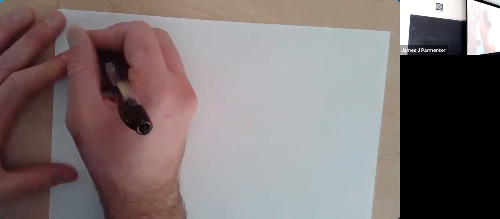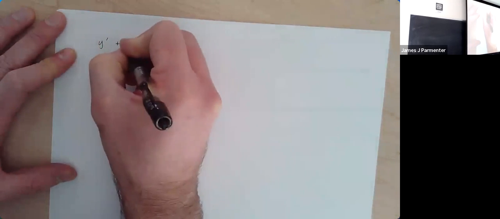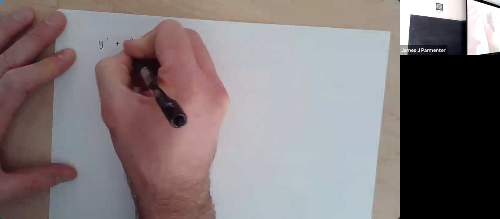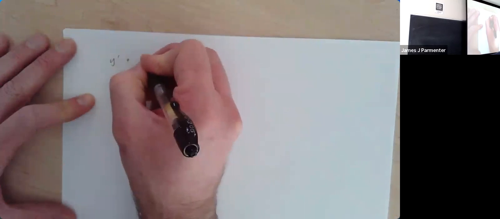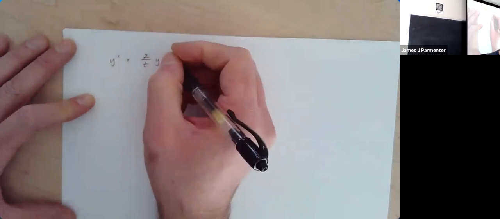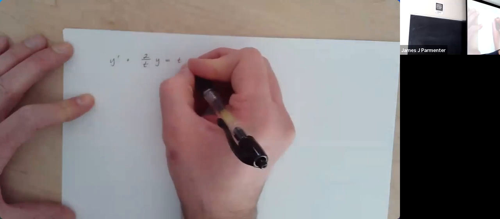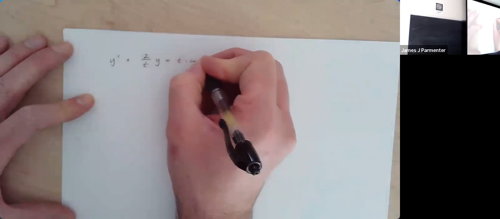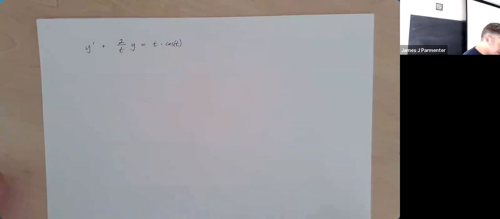Let's say we have y prime plus 2 over t. Let me try this one more time. Okay, sorry about that, this was going to get out of hand. Y prime plus 2 over t y equal to t times cosine of t. Okay, that won't be quite as wild. The last one was about to be something super crazy. So if we do this one instead,